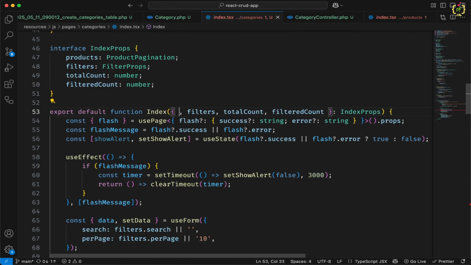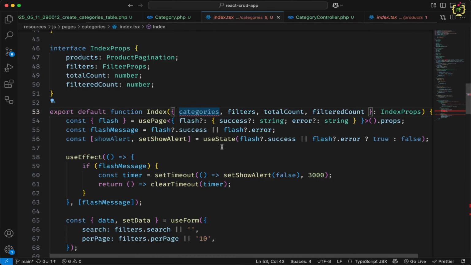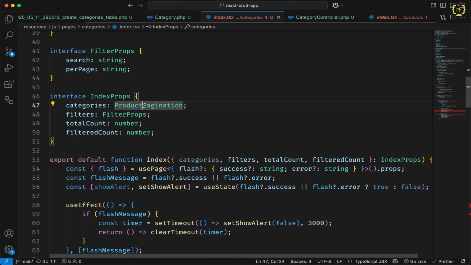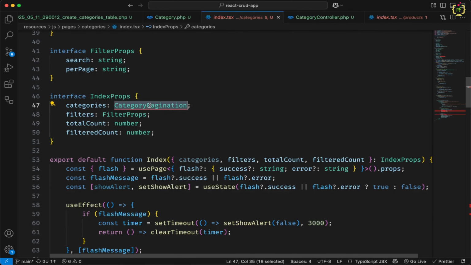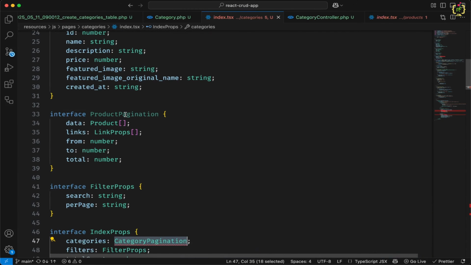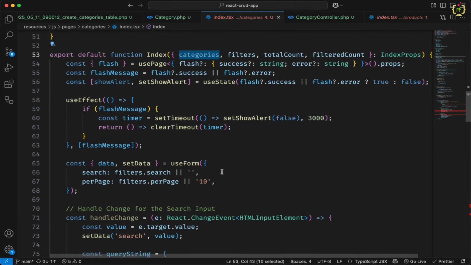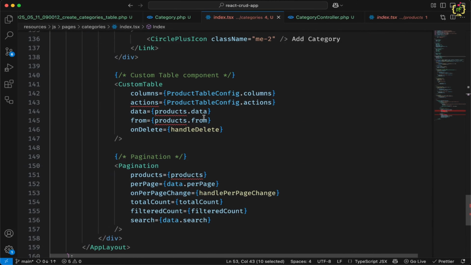So instead of products, now we are getting categories from this category controller, and respectively we will have to update the props types inside the categories. So for the categories we will have the category pagination, so I will just define it to category pagination, and I will change this here, and we will have to pass this categories inside the custom table component because we have used custom table. This is done,